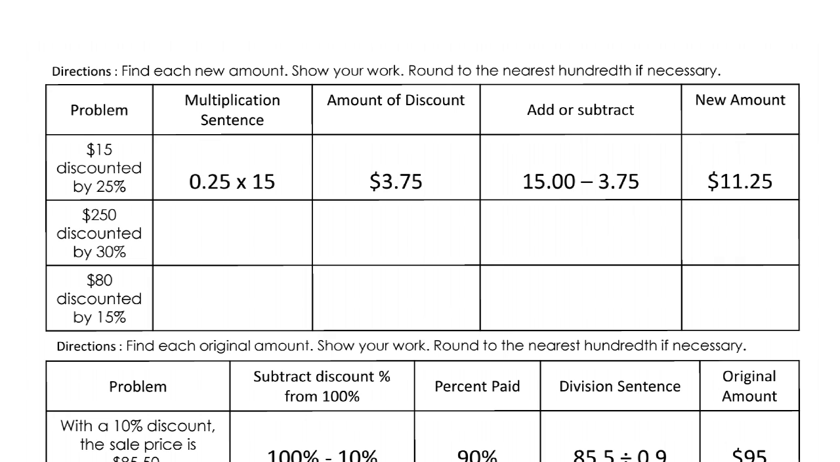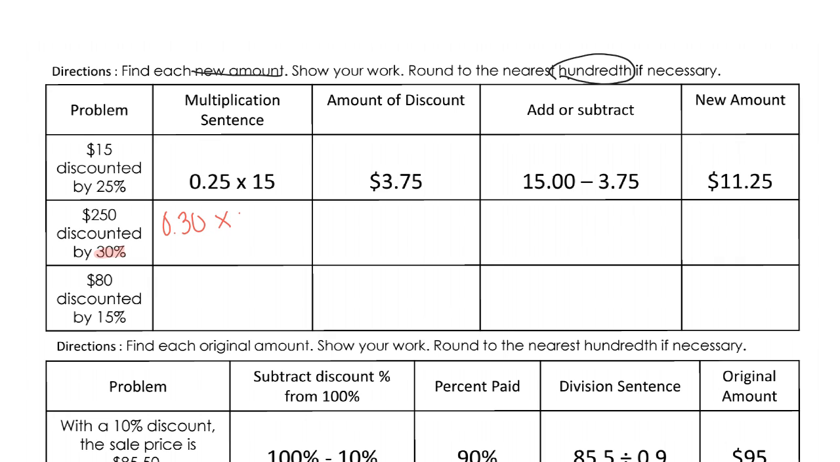All right, so the directions here say find each new amount. So we want to find the new amount, rounding to the nearest hundredth. Okay, so we set it up by putting the percent as a decimal. So make this percent as a decimal. So 0.30